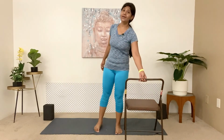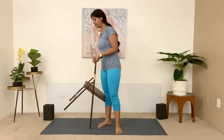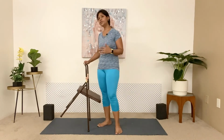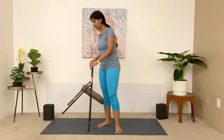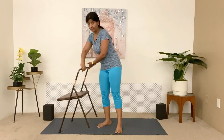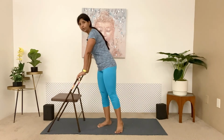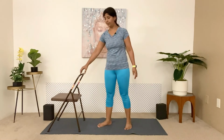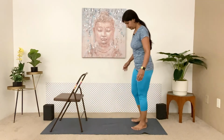Move to the next pose, which is Utthita Konasana. Again, we need a chair because our focus is on making our abdomen soften, no strain on abdomen. So we are doing supported. So we need the chair. So set up your chair so you are facing the supporting bar of the chair and then stand in front